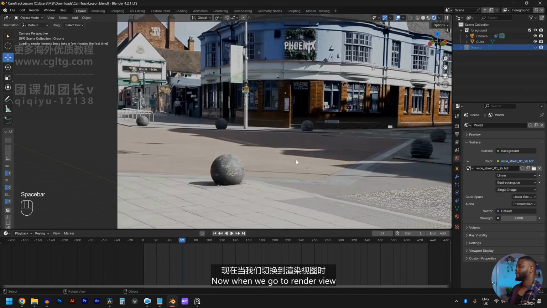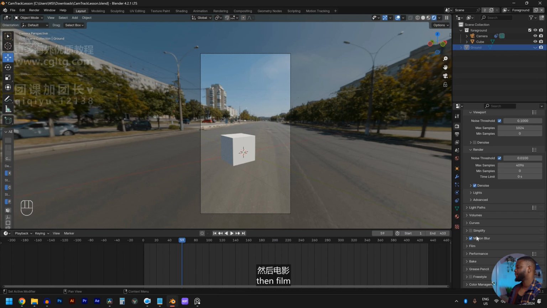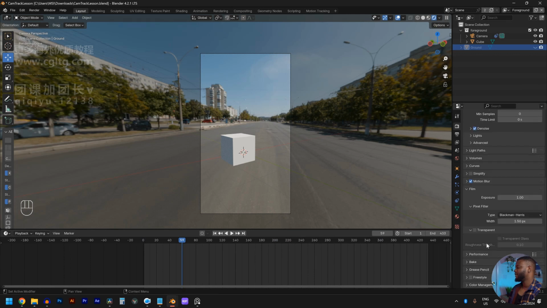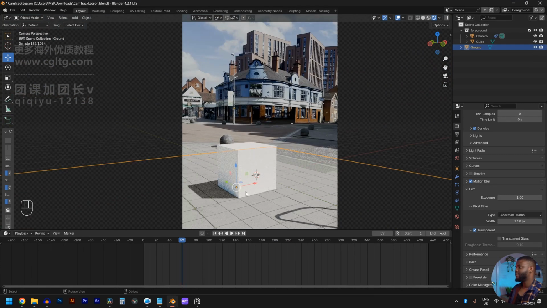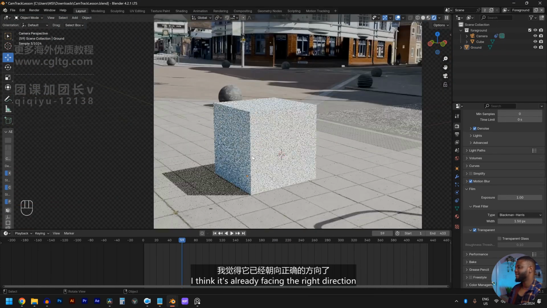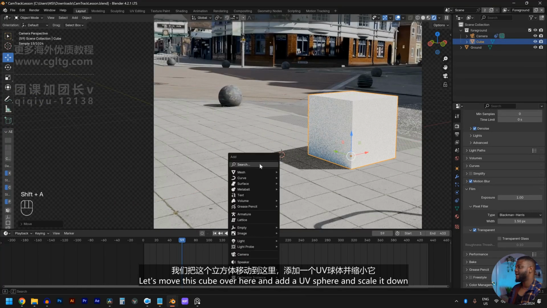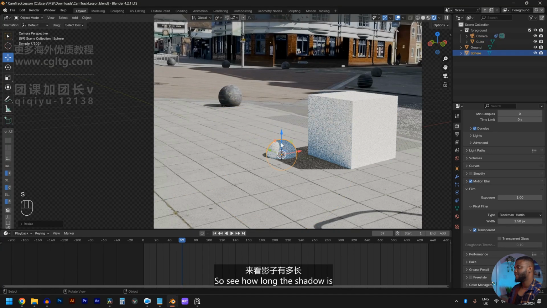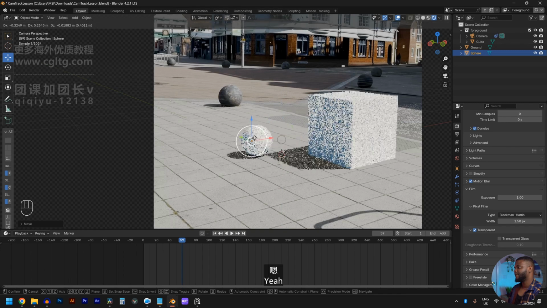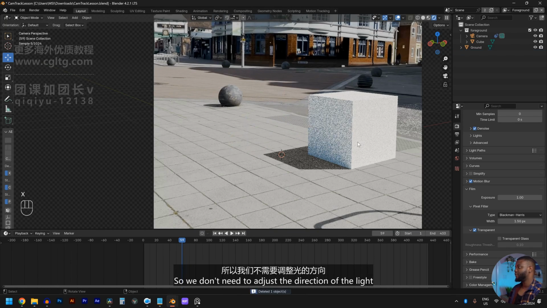Now when we go to rendered view, we should have our lighting. So let's go to render, then film, then transparent, so we can see, and turn on our ground so we can see our shadow. Cool. I think it's already facing the right direction. Is it? Let's move this cube over here and add a UV sphere and scale it down so we'll see how long the shadow is. Yeah, I think this matches this. Yeah, kind of does. Yeah, I think it's in the right direction,